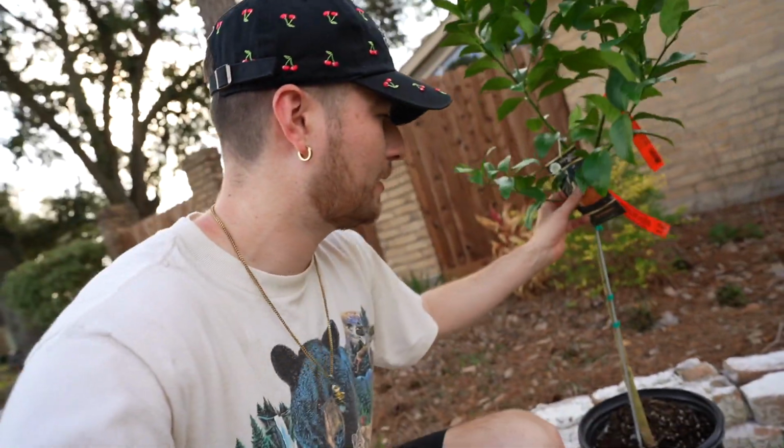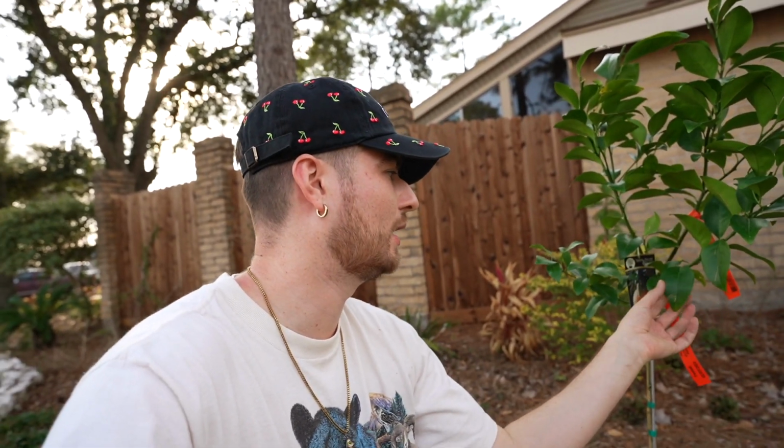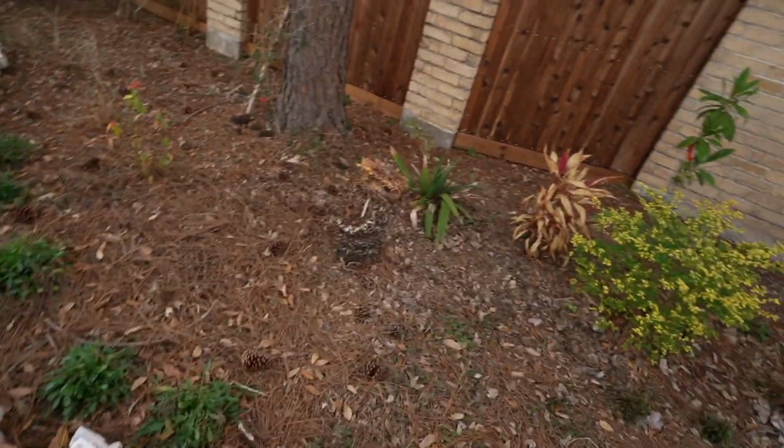canopy. And naturally, where citrus grows is actually kind of in the understory of forests. Despite them saying they need full sun, they can survive in partial shade, if you will. However, I want this dude to get a bunch of that morning sun, and I think it'll be plenty. So I'm gonna go ahead and place this Page mandarin, which can get to 28 degrees Fahrenheit and still survive. I'm gonna place him where this sago palm